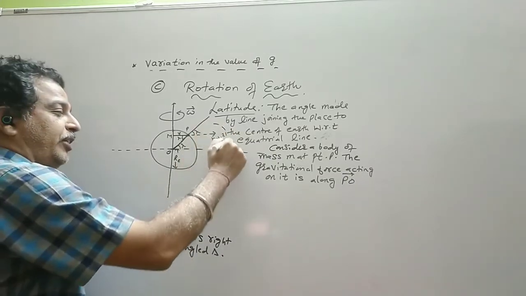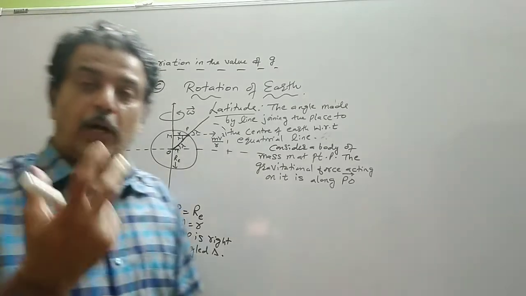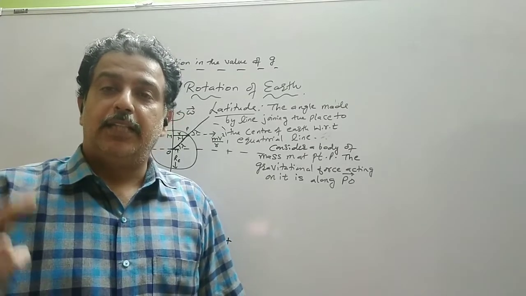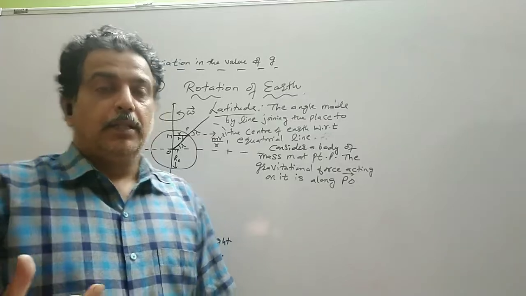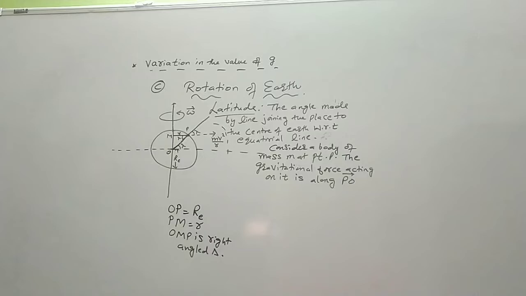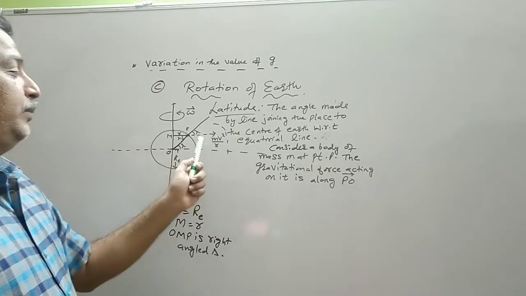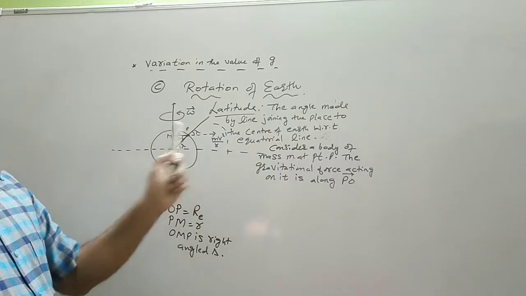So the pseudo or fictitious force, which is the centrifugal force. If any body is bound towards the center of the earth, then we have a centripetal force. But if it has an omega value which is slightly varying, though we consider this omega as constant, the centrifugal force acts on it. The centrifugal force acting on a body of mass m is mv square upon r.